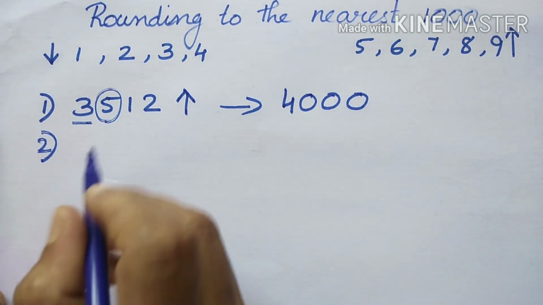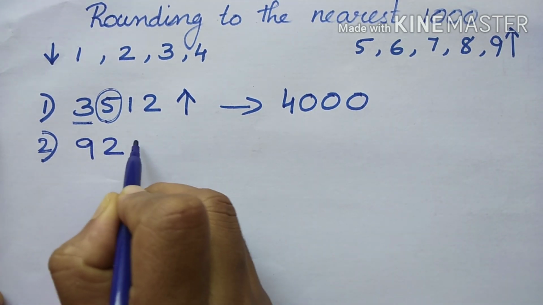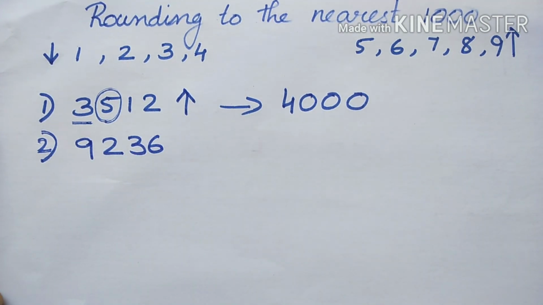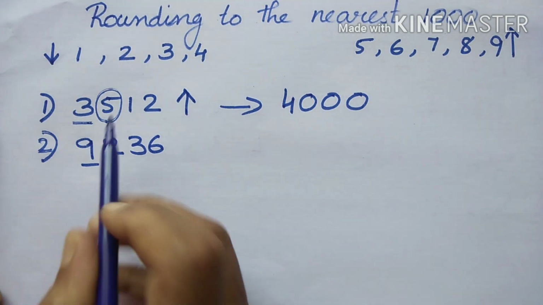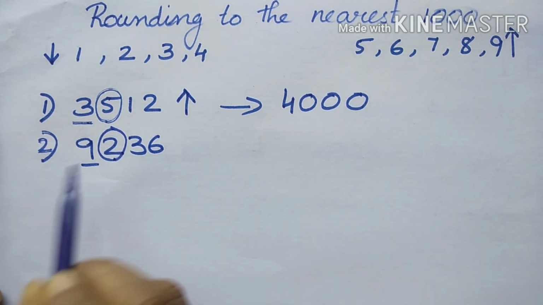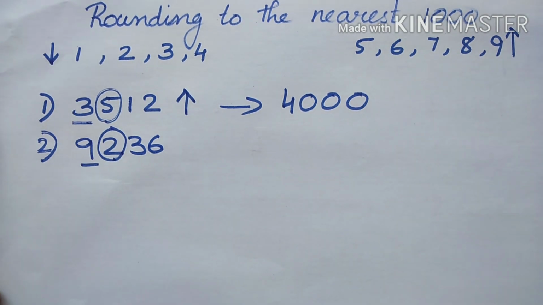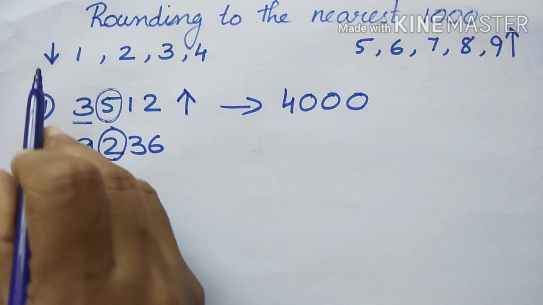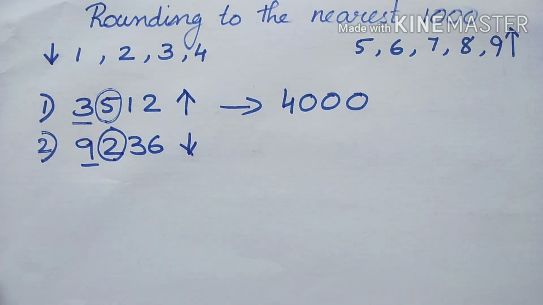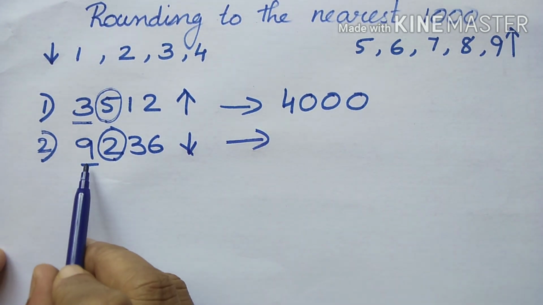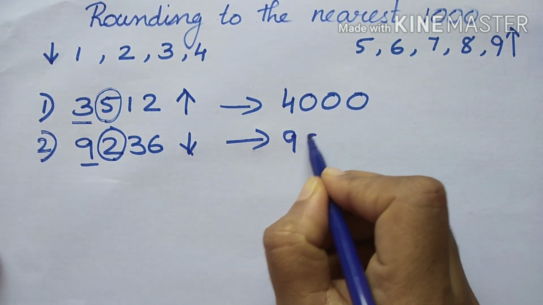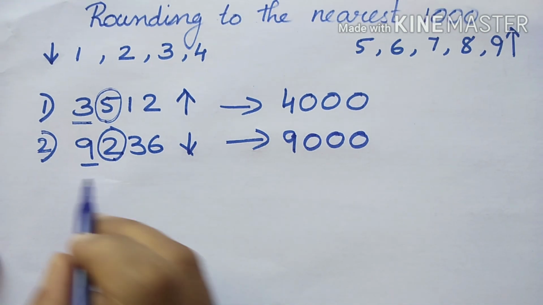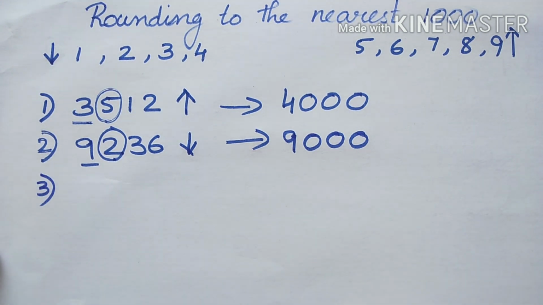Second example, 9236. Underline the number in the thousand place, since you have to round it to the nearest thousand. And look at the number near to it, 2. 2 is less than 5. So you can round down. Round down means you can write the same number, 9. Balance, you put it as 0. Then third example,